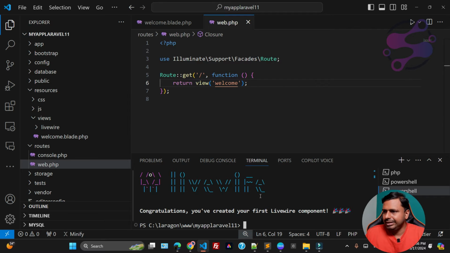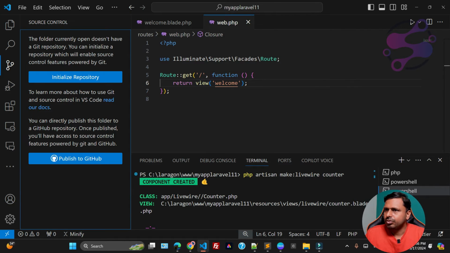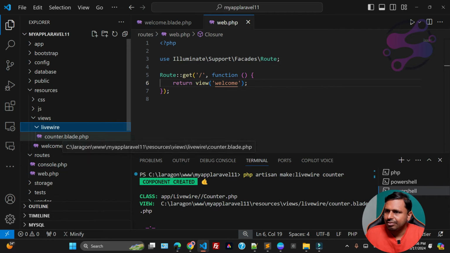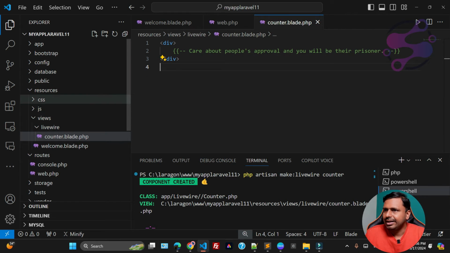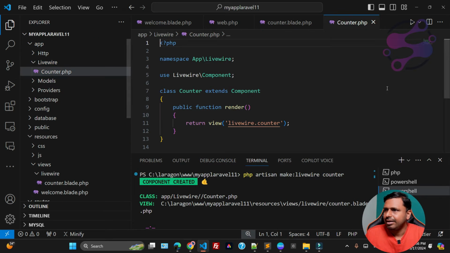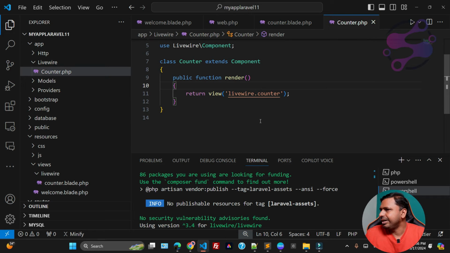When you hit the enter button, you have created the component. If you go to the views, as you can see, you have the counter, and if you go to app/Livewire, you have the component class with the render method here.